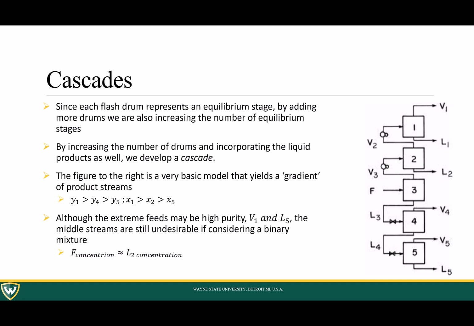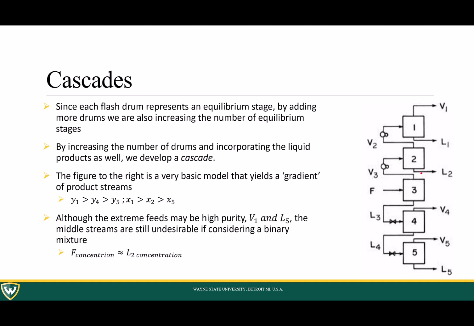Okay, so a cascade is just going to be a collection of flash drums put together in series, where you're hopefully able to achieve, or you are able to achieve, a much more concentrated product at the end. So each flash drum, remember we talked about previously, is going to be its own equilibrium stage. So what we're doing by adding all of these flash drums is we are essentially increasing the number of equilibrium stages. By increasing the number of drums and incorporating the liquid product as well, we develop what is called a